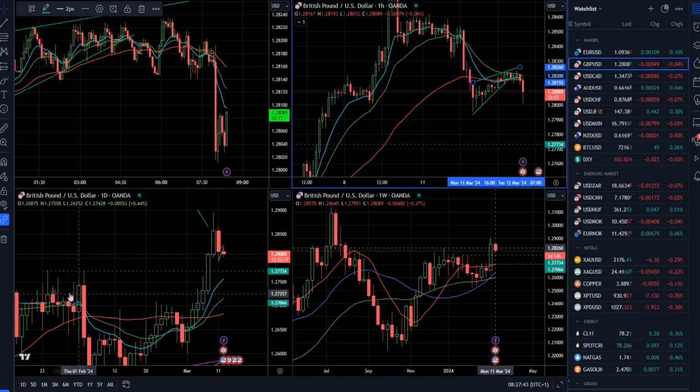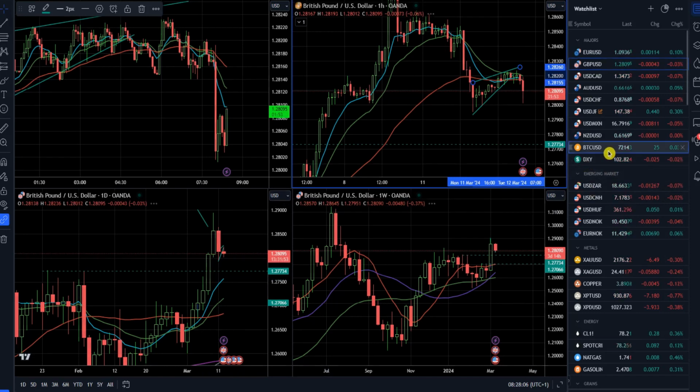1.2775, which is a pretty decent area of the previous swing highs on the daily time frame. And then we have a rising 10-day moving average around 1.2760. So 775, 760. We can see that potentially today, downside movement in this correction can actually extend for a day or two before any further upside